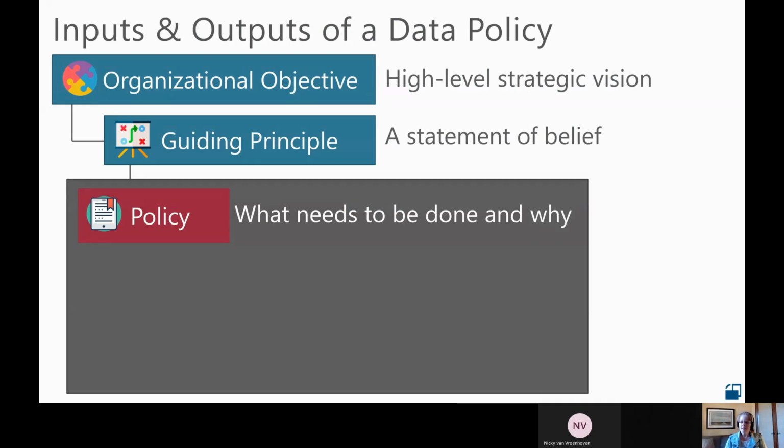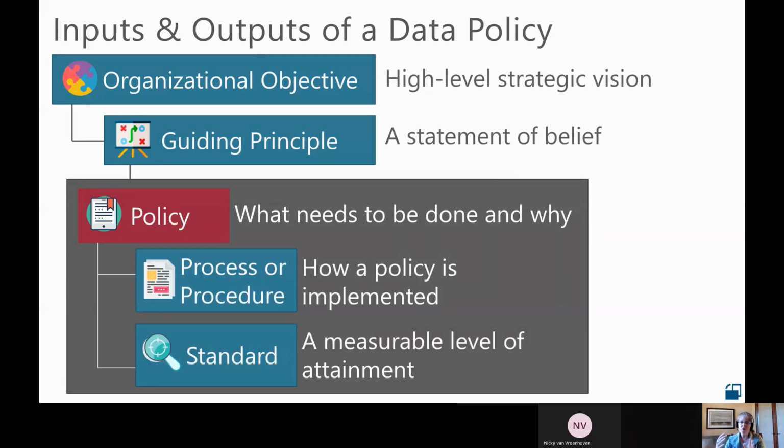So a data policy is really just a document that tells us what we are doing and why, right? As a user of Power BI, I could refer to this policy to understand what I'm allowed to do. And ideally that should align to our guiding principle, which should turn around and align to some organizational objectives.